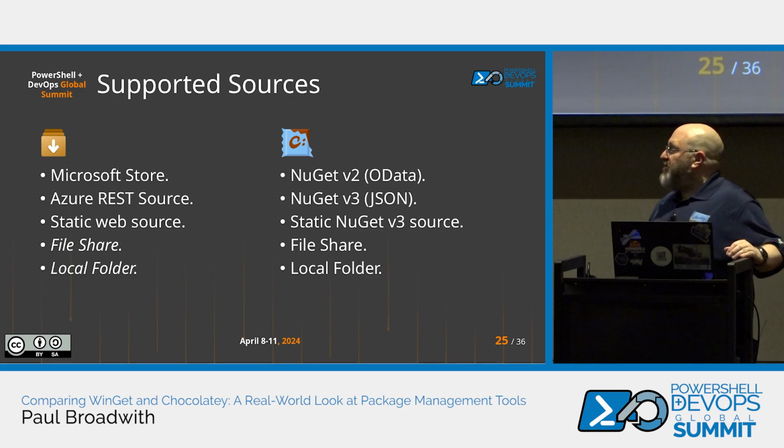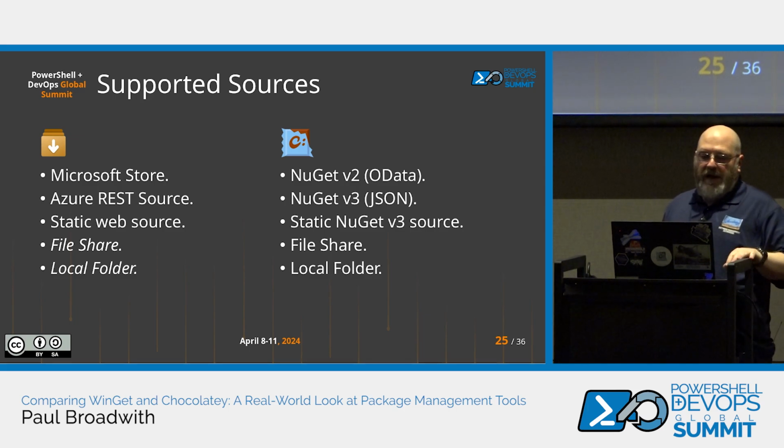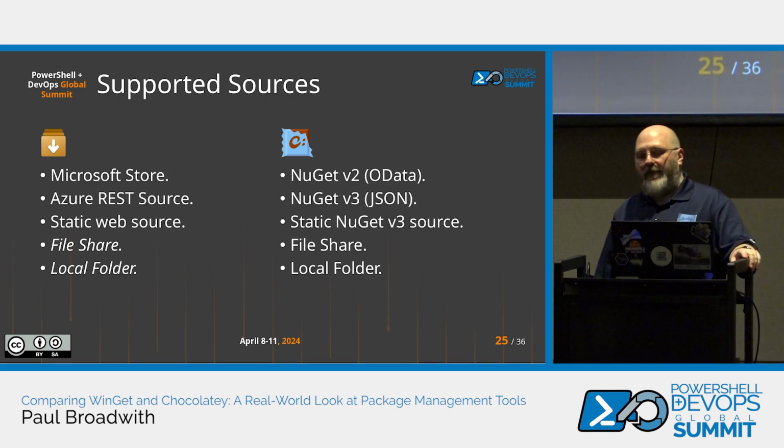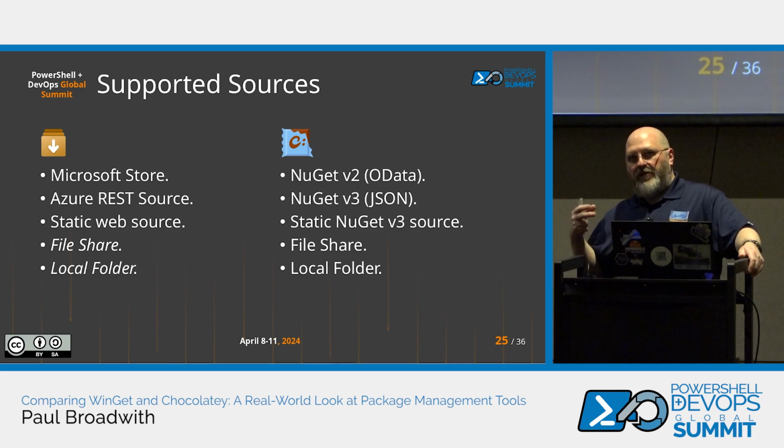So supported sources, this is where I was going to talk a little bit about the Azure REST source. I've called it the Azure REST source there, but it's a REST API source that is what WinGet will query. So if you're going to set up a package repository, that's what you need to set up. There's a repository called